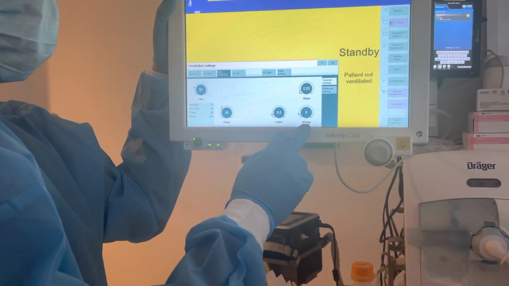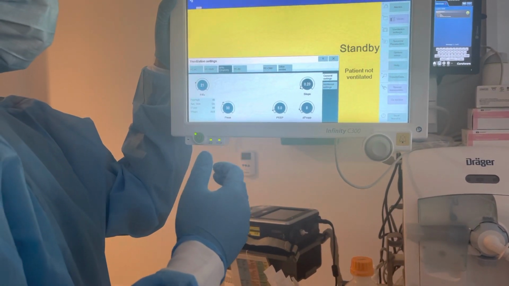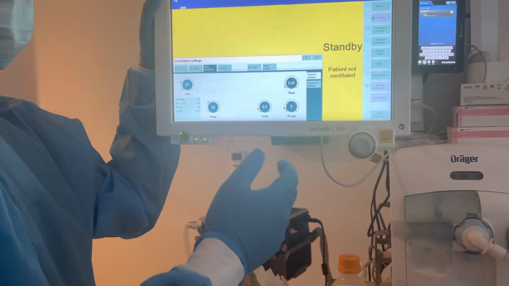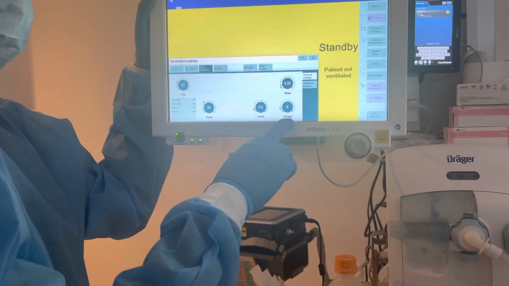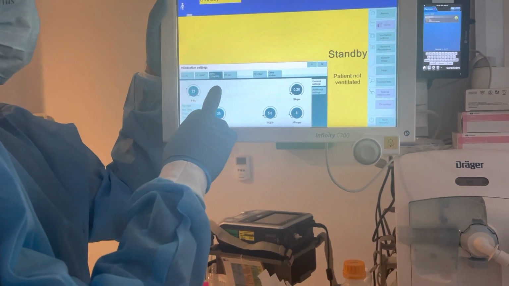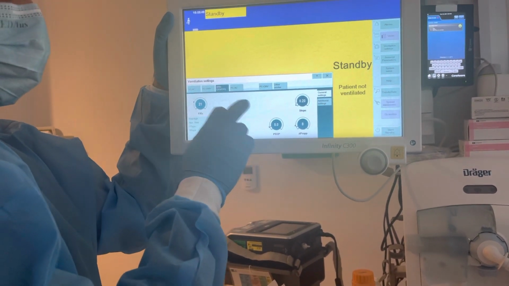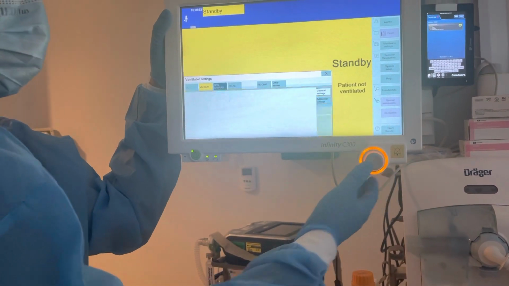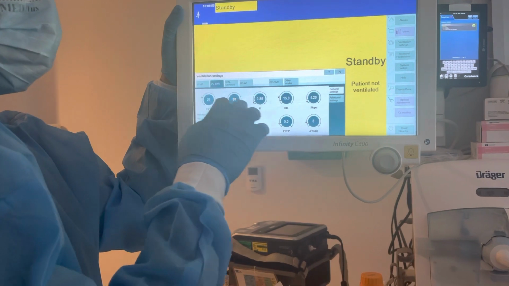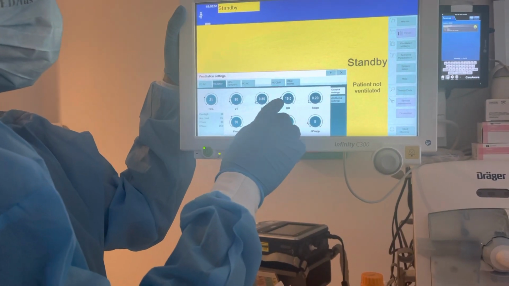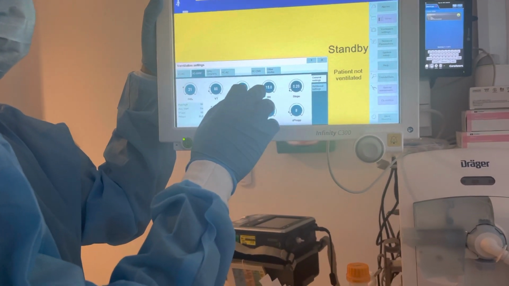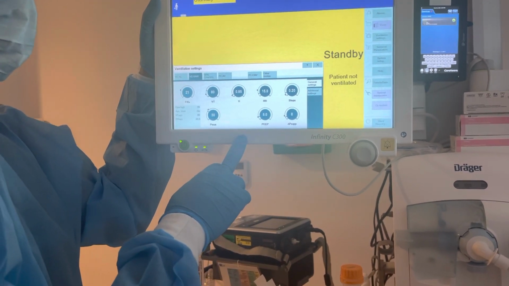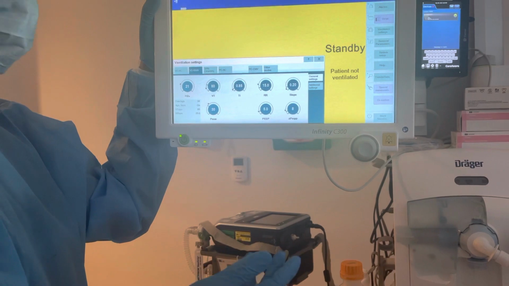Pressure support means if she is trying to take volume and is not generating enough tidal volume, pressure support will come and help her take enough tidal volume. So that's how pressure support works. In spontaneous mode, we are not keeping her on it because she sometimes goes into apnea. So we are keeping her at night on VC SIMV with a set rate of 15. This is an important thing for you: keep a rate of 15 at least. At this rate she is generating enough volume to wash out the carbon dioxide.